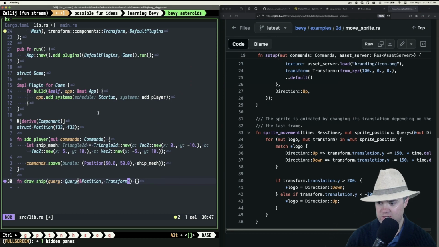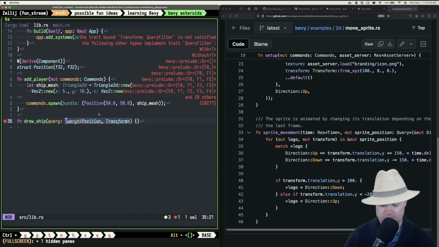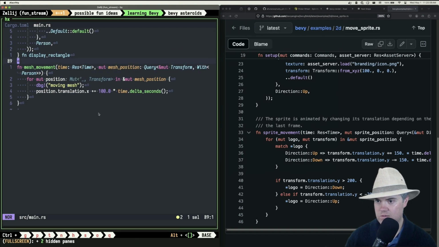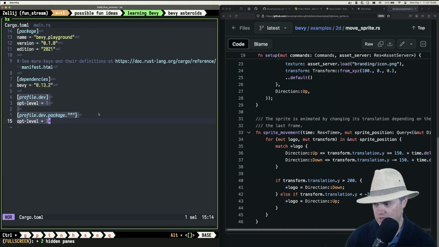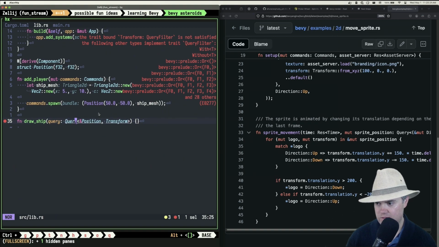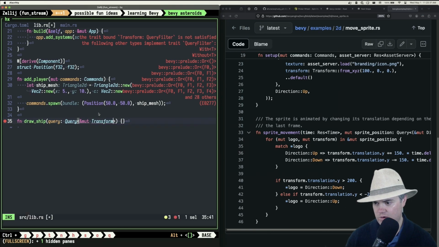Give me the position with the transform. Okay, so I want, this one is, okay, give me the transform with a, I don't, no, that's not what I want. Give me a mute transform